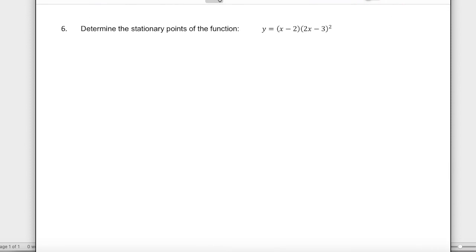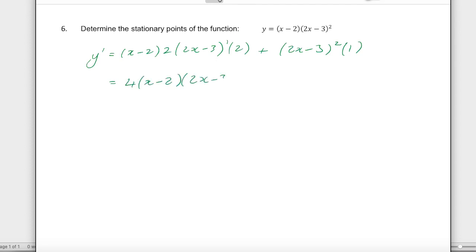In our final example, determining the stationary points of the function, so we'll differentiate to find the gradient function. Just neaten this up a little bit. Okay, we want to know when this equals